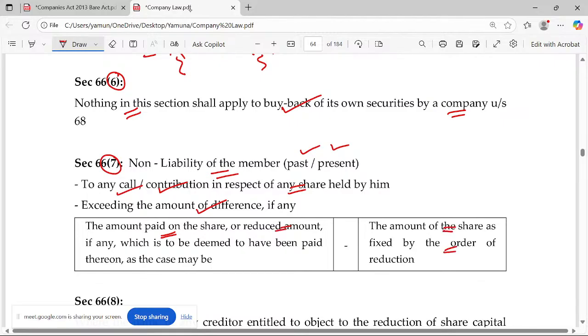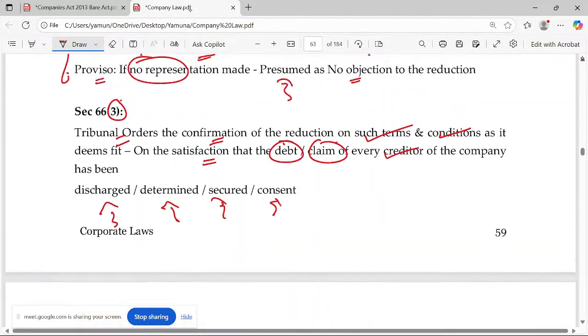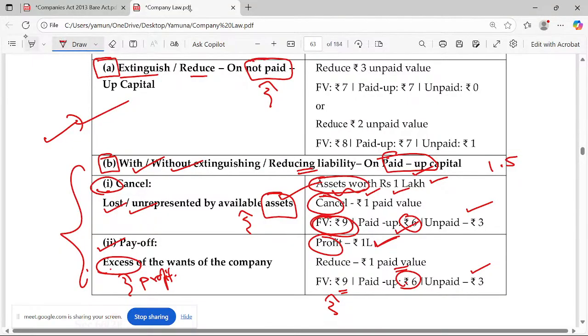So it's not liable. See, you say face value is now 9 rupees, which means what? You're not liable for that 1 rupee. That's what they mean, right? See, in this example, it has to be clearly stated, right?